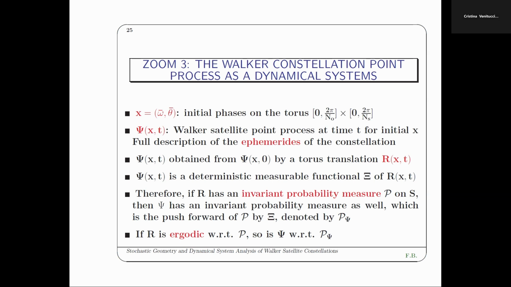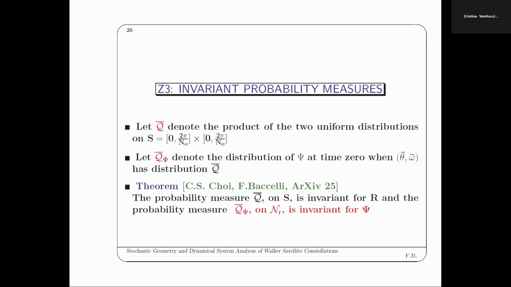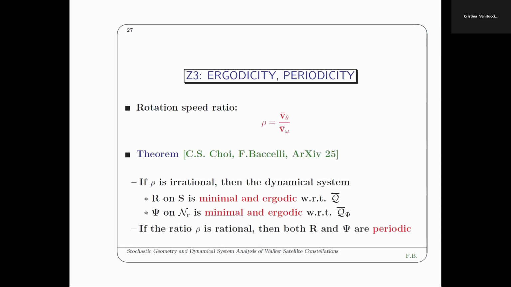And there is a closed form expression. And you get out of that the key result, which comes here. So this dynamical system, the one on the torus, has an invariant measure, which is exactly the one I described in the model. This is the only invariant measure for this rotation on the torus. And when you push forward this thing, you get the stationary distribution of the satellites, namely the law of the ephemerides of the constellation. And there is a classical result in dynamical systems for the rotation of the torus. And the first theorem that we get here is